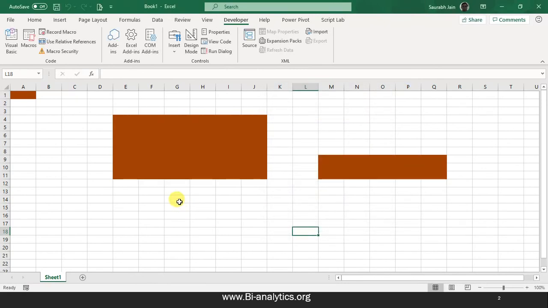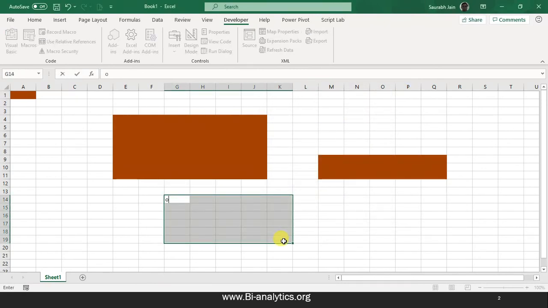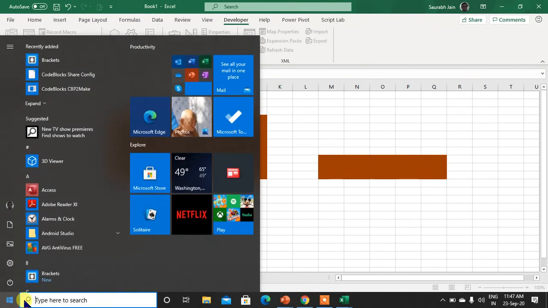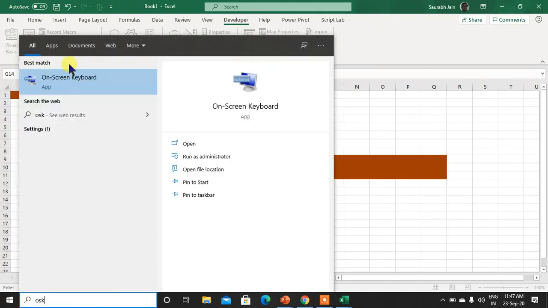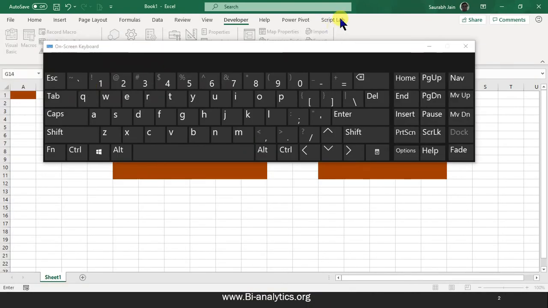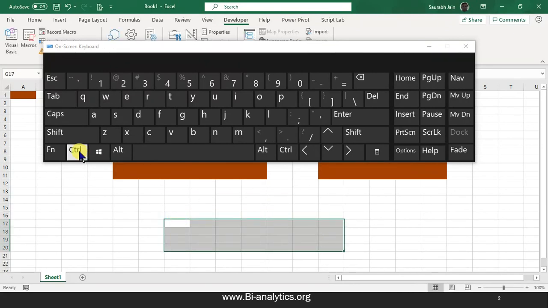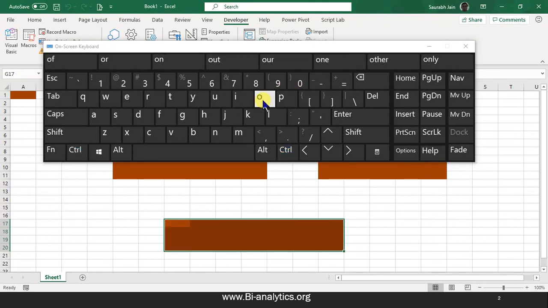So now if I select this, I go into, sorry, let me open. So I select this and I say Control and O. So this has done a shortcut for our formatting style.